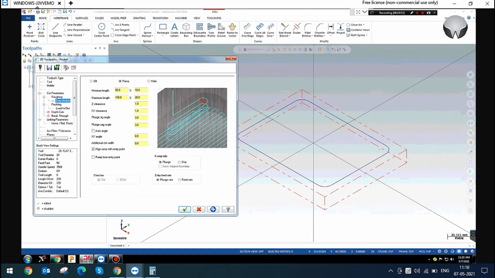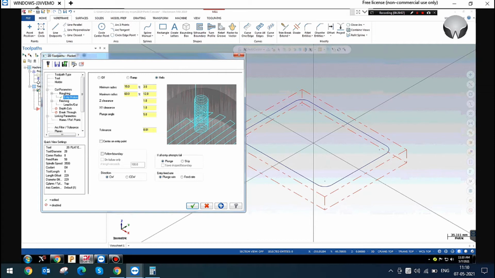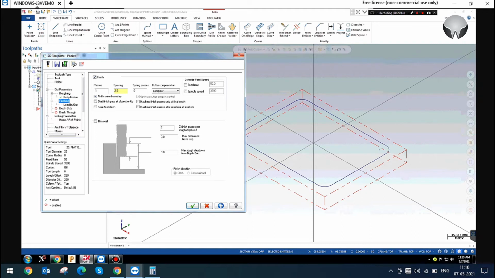And if ramp failed, direct plunge, do not give skip, and the entry feed rate you can give here. Yes, this is a plunging option. If you give ramp, it will come as ramp, and if you give helix, it will be created as helix.